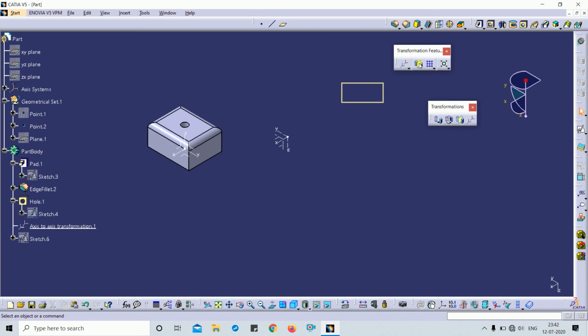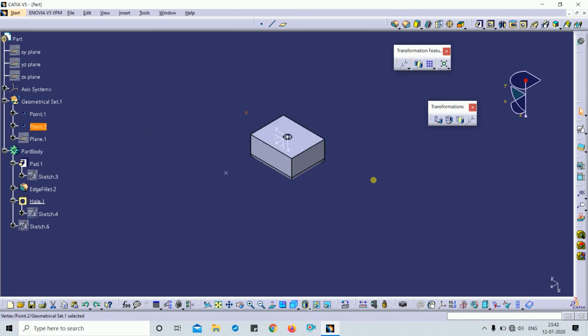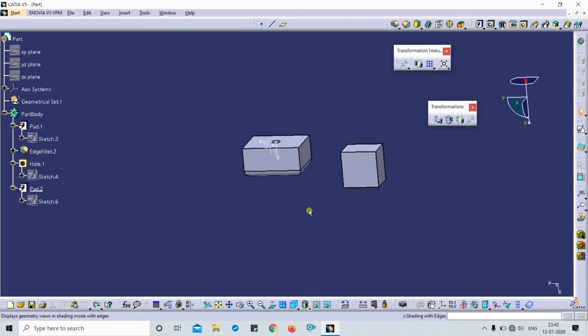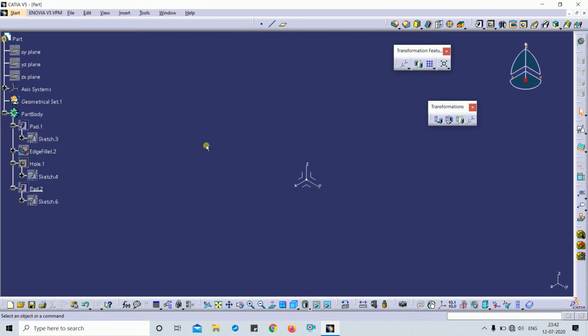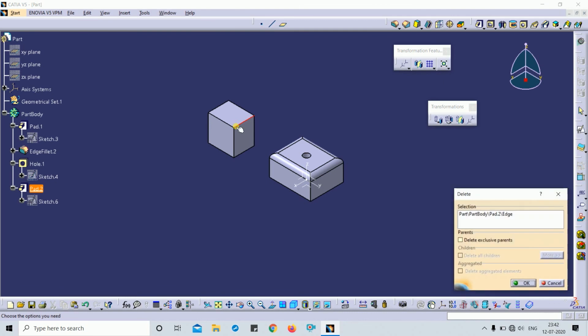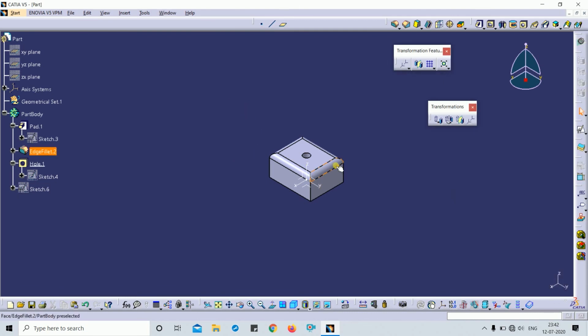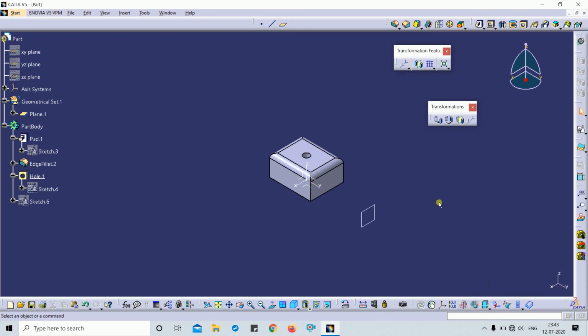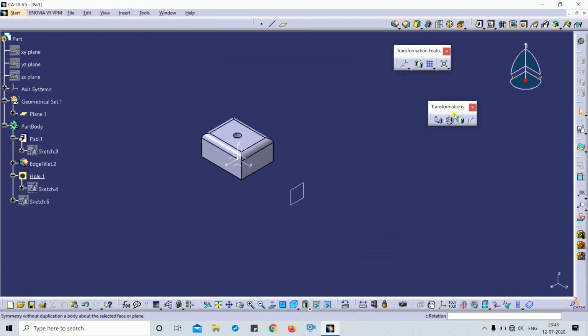Next command is mirror. For this mirror command, I take the plane at the 150 mm dimension. Next one is plane mirror.